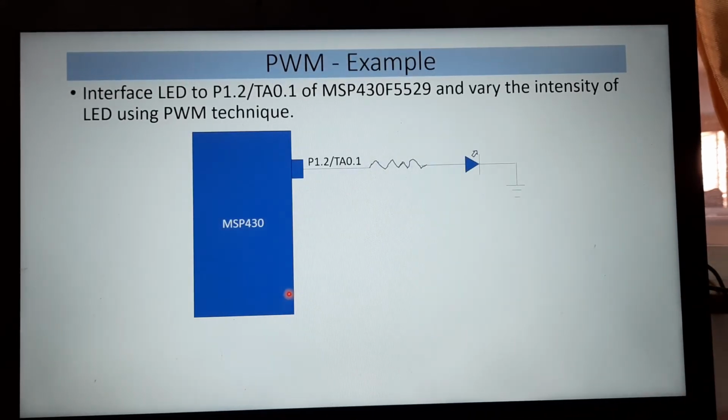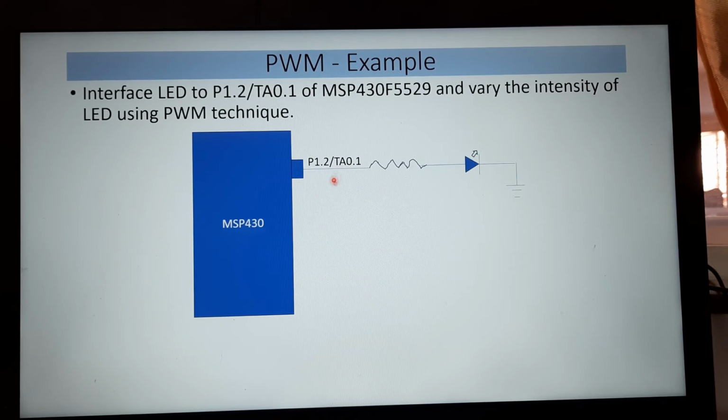So understanding this, let us now write the program using the MSP430F5529 internal PWM module, to vary the intensity of the LED which is on the board. I have connected an LED to P1.2, that is TA0.1. I am generating a PWM waveform on this pin. If I generate a 10% duty cycle pulse width modulated waveform, the LED glows at a minimum